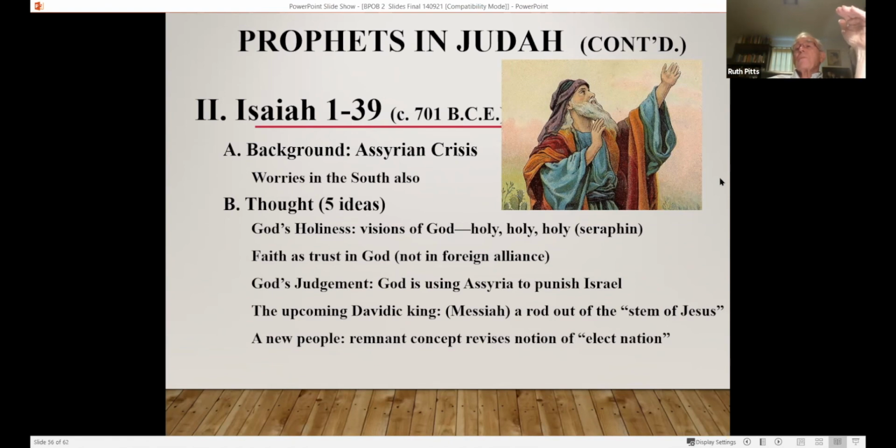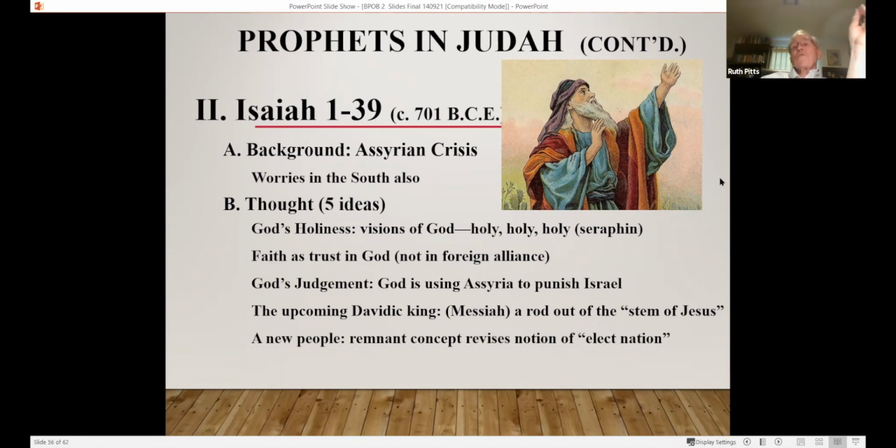I'm unclean. And so the seraphim are figures that are there to praise God, and they sing holy, holy, holy. They bring from the altar a firebrand and touch his lips as a way of symbolizing the purification that will go on as he does his speaking and so on. "In the year that King Uzziah died, I saw the Lord high and lifted up." And so you get this notion of this powerful God.